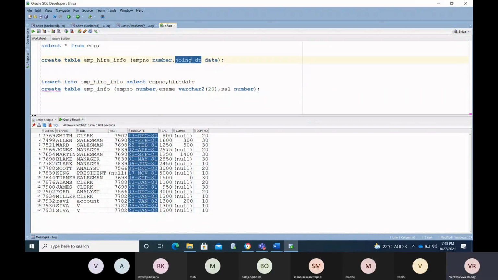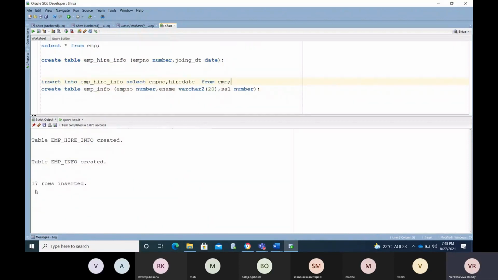Our database has some name, right? That is our database column name. Joining date I mentioned as joining underscore DT. This is my database column name. So now I'm moving the data.